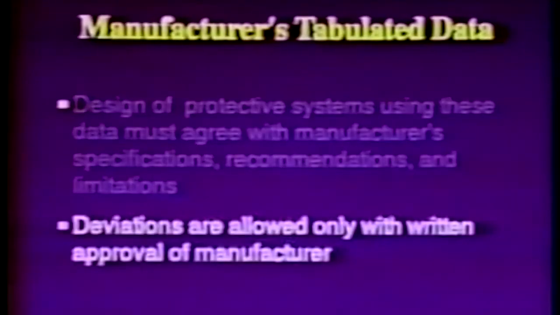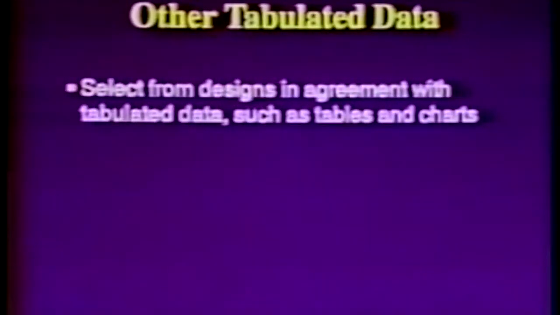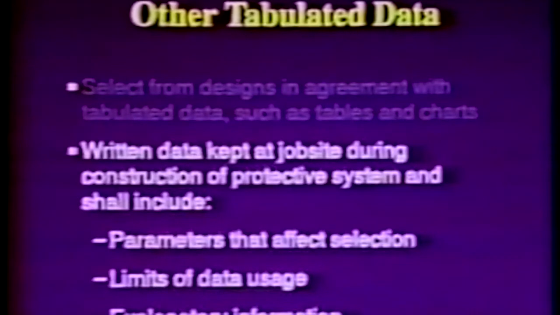Deviations are allowed only with the manufacturer's specific written approval. These data are to be in written form and kept at the job site during construction of the protective system. The third option when choosing the use of support, shield, or other protective systems is design using other tabulated data. The contractor may select from designs in agreement with tabulated data, such as tables and charts approved by a registered professional engineer. The written data are to be kept at the job site during construction of the protective system and